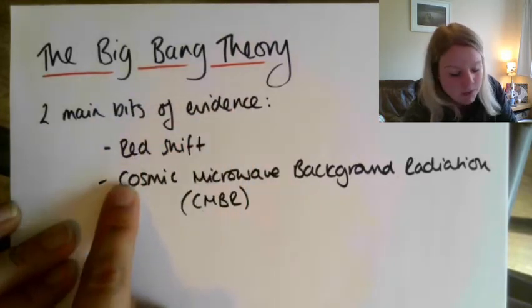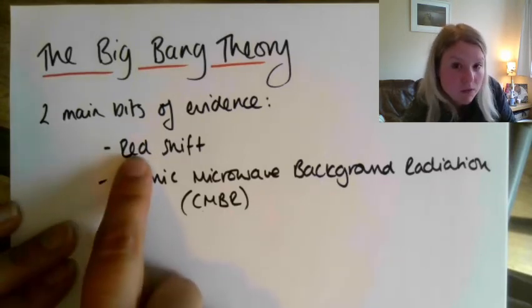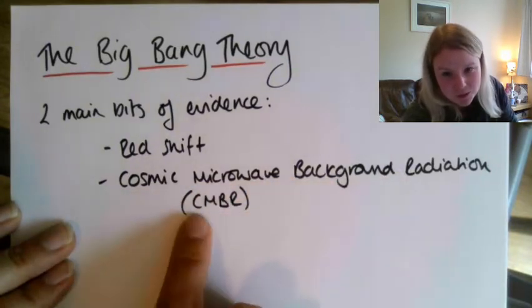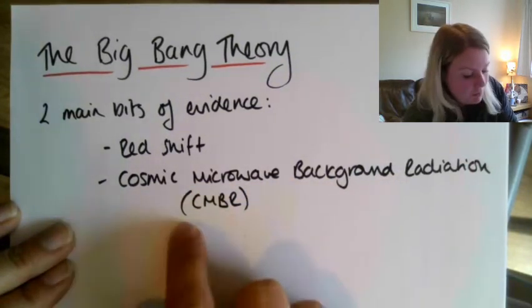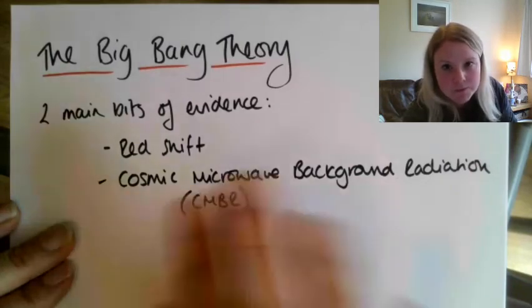This is a very common exam question, actually, just to name the two bits of evidence for it. One of them is redshift, and one of them is cosmic microwave background radiation, or CMBR for short. But in exams, they don't allow you just to write CMBR. You need to write it out in full. Anyway,